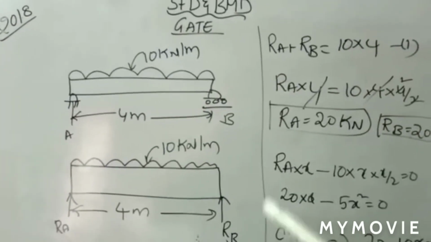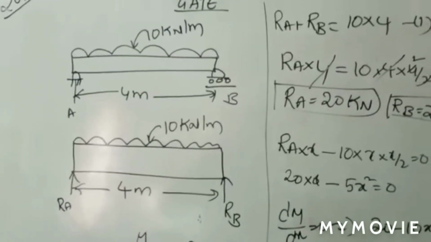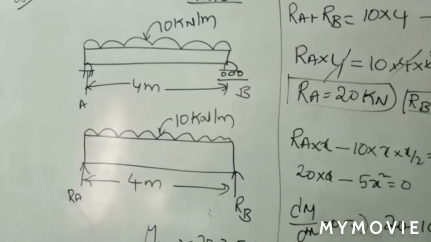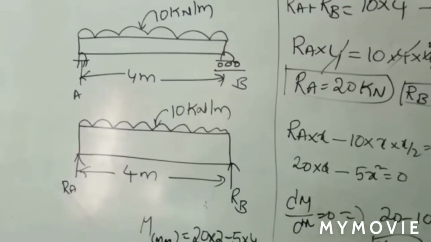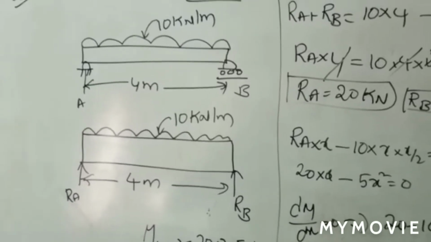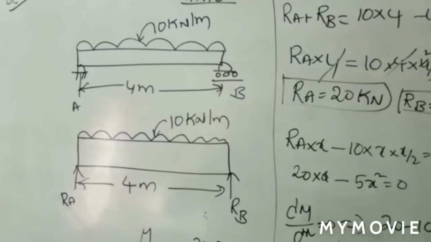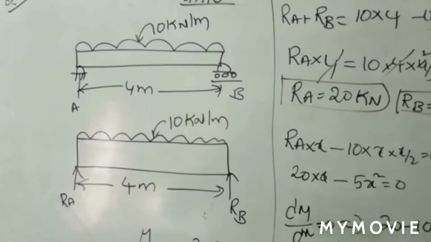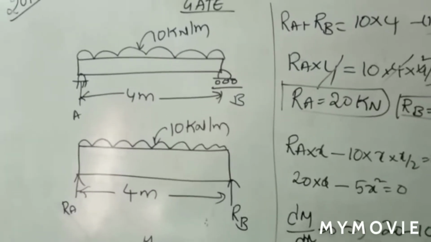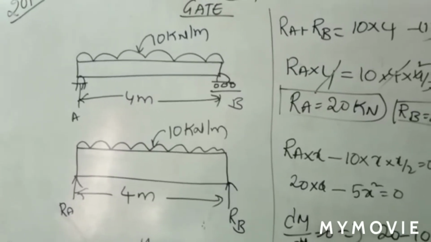Now, as usual you have the same procedure, but once you go through the problem, you have to understand that in order to calculate the maximum bending moment, we require the shear force diagram and bending moment diagram, right? But in the GATE exam it is very time consuming to draw the shear force diagram and bending moment diagram, right? Without calculating the reaction forces we cannot solve any shear force or bending moment diagram. But the construction of shear force and bending moment diagram is not difficult, it is a time consuming one,